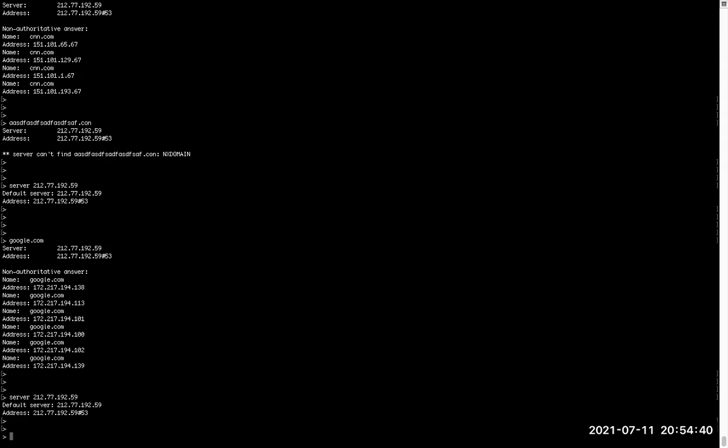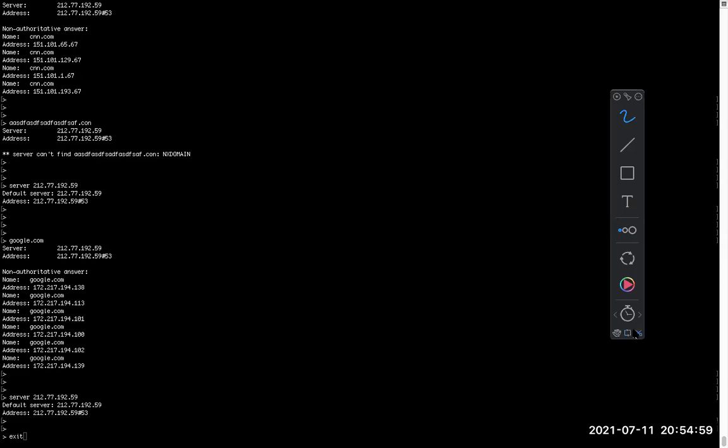And if you have forwarders but still are not getting it, that means your DNS server cannot contact your forwarder. Maybe you have a firewall or something. DNS operates on TCP port 53, so just note TCP 53.